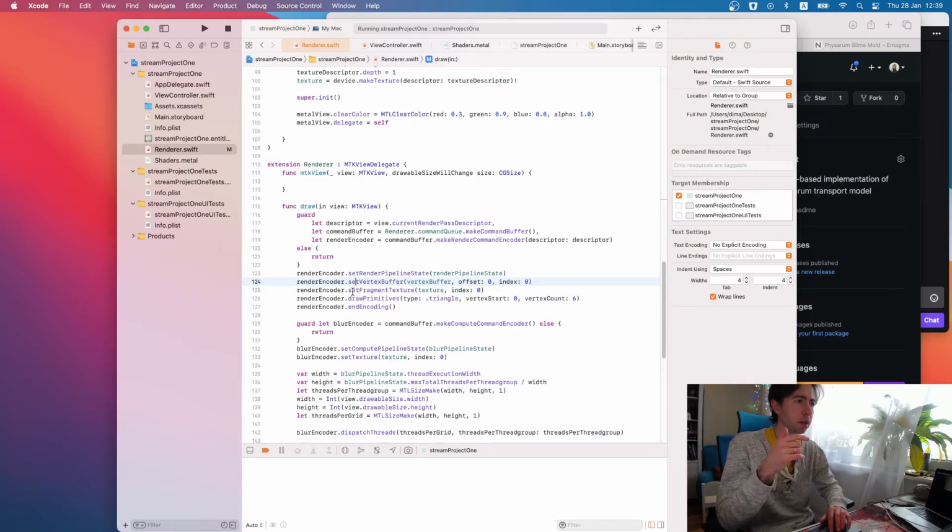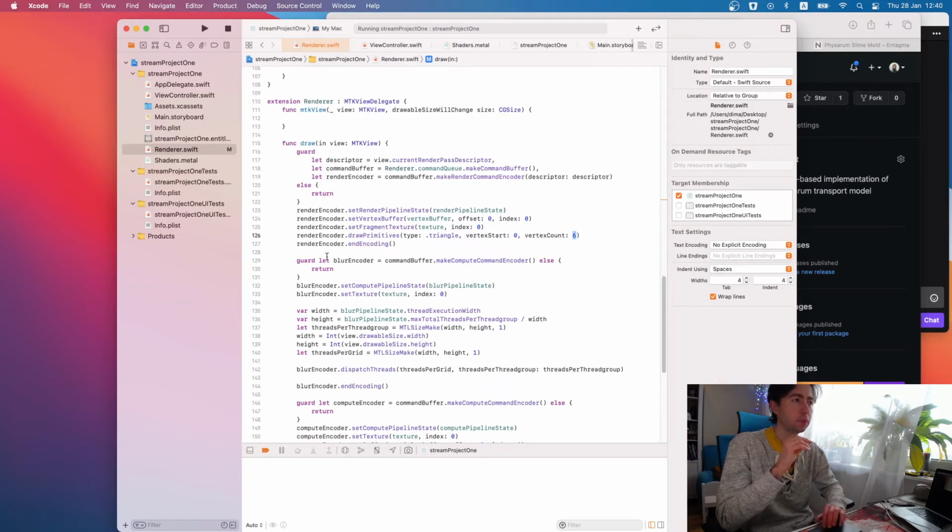We're setting texture as a fragment texture to display on this plane created by these vertices. We're saying like draw this vertex buffer as triangles starting from the first vertex and 6 vertices total. And that's it for, let's say, rasterization part.